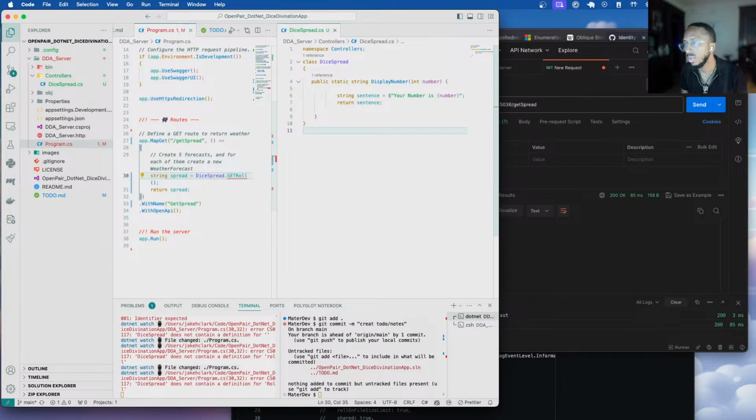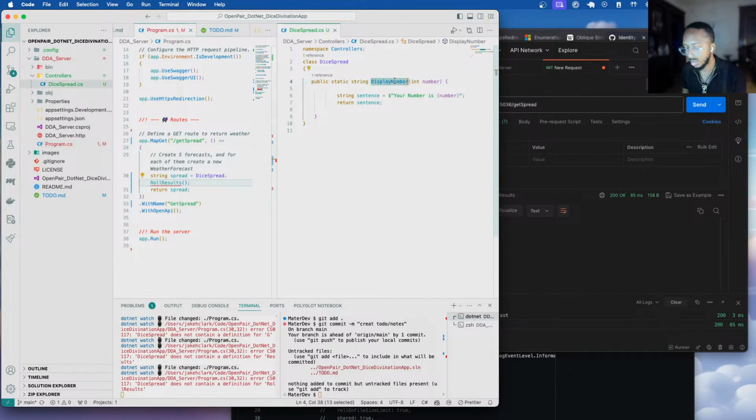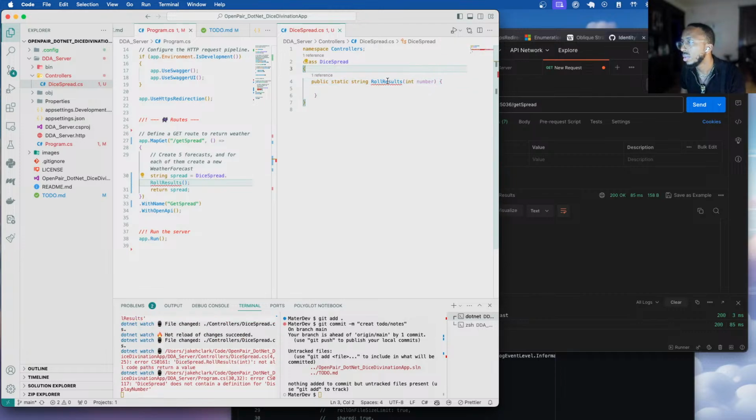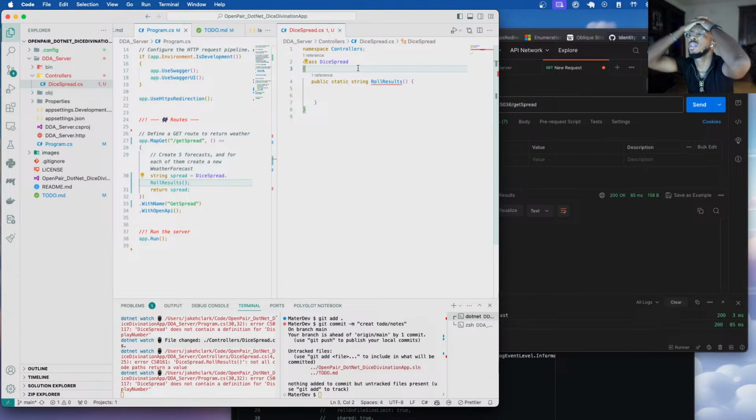Spread is DiceSpread.GetRole, or get results, or results. Role results. And then role results. And I will not take in anything here. What is this? Return a value. Okay, that's fine. Role results will, the return type will be,